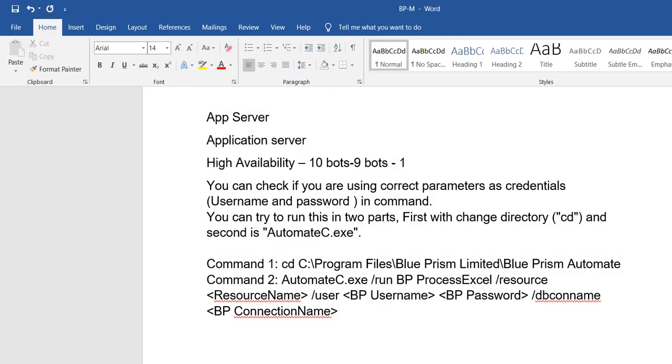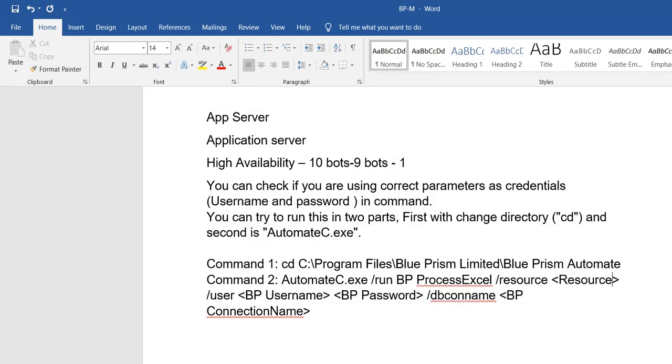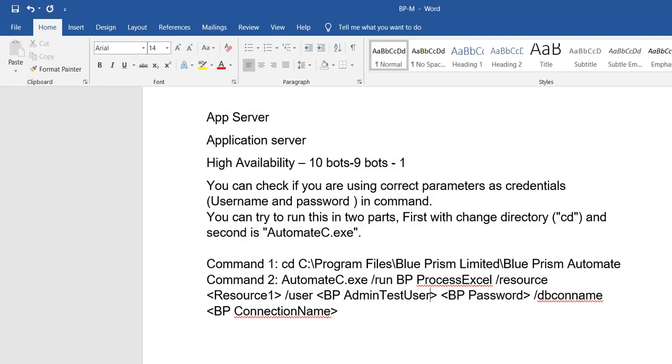Also user, my bp username is bp admin test user, and also password having xxx, and db connection name, your db connection name may be connection 1, and db connection name start and db connection name end.